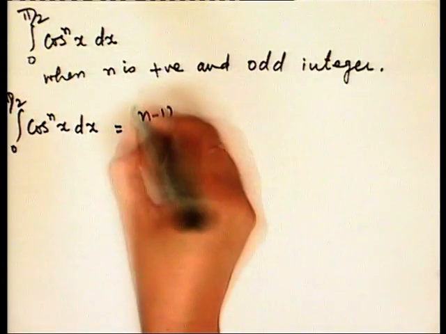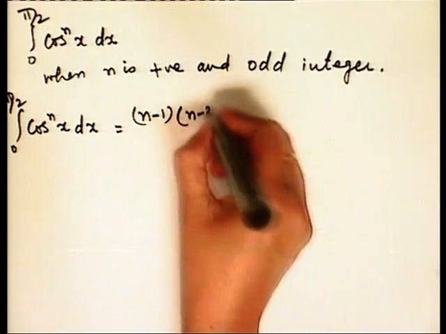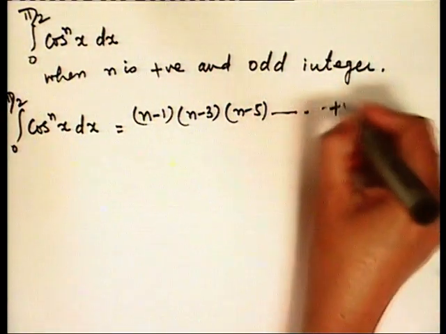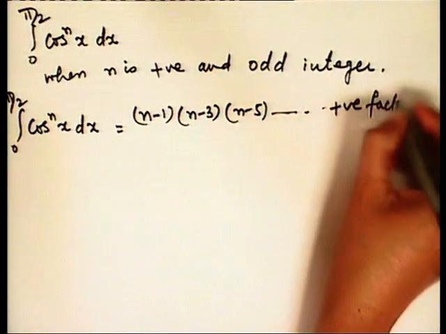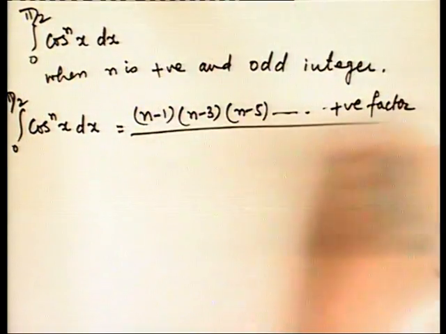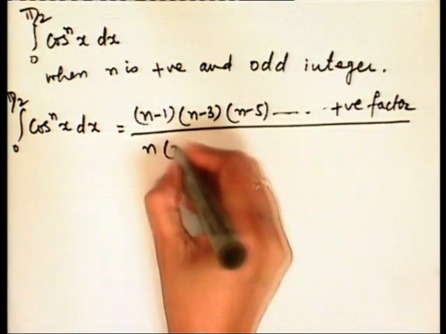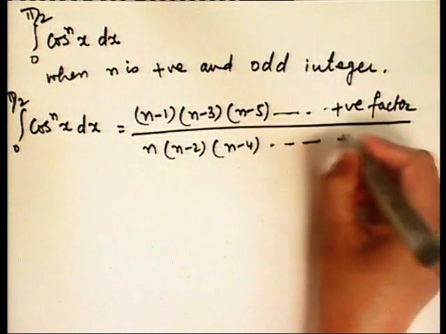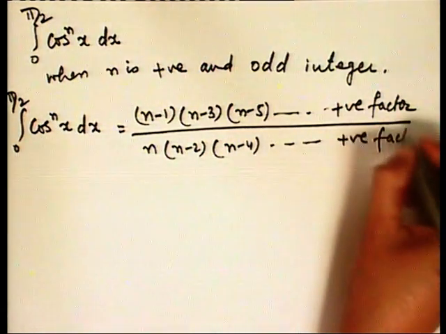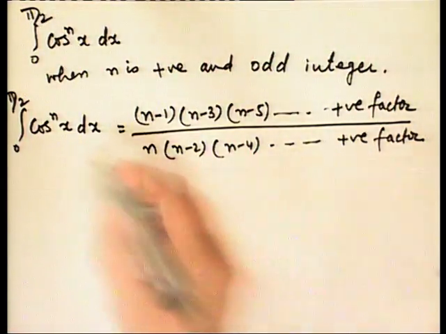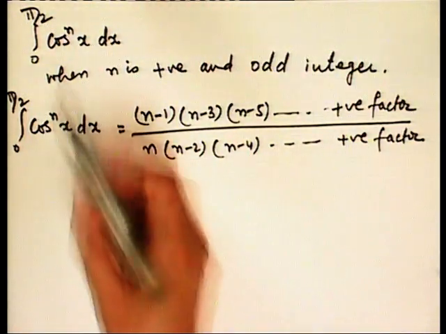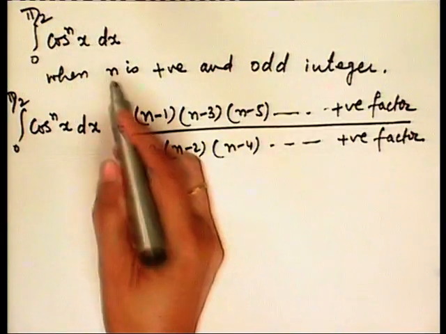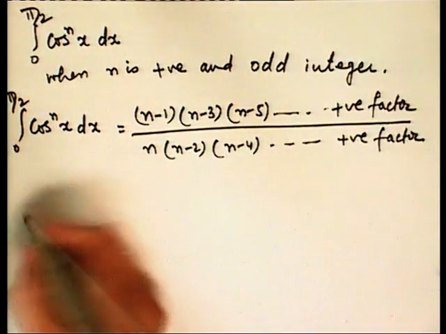n minus 1, n minus 3, n minus 5 up to positive factor upon n, n minus 2, n minus 4 up to positive factor. Means the formula for sine and cos will remain the same. Questions: